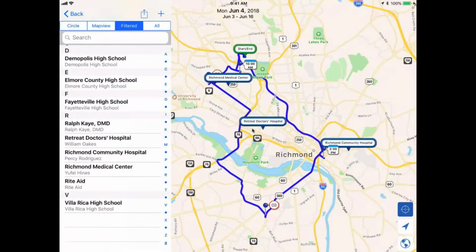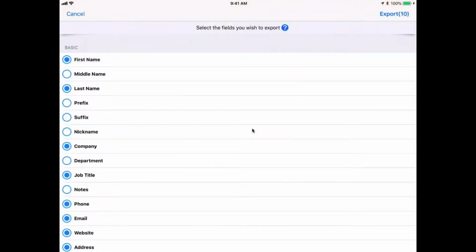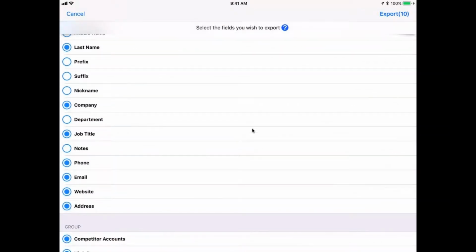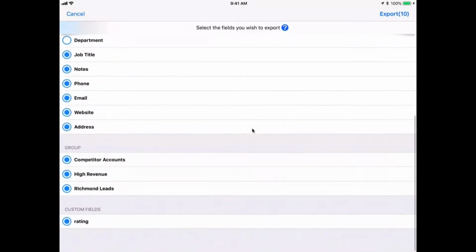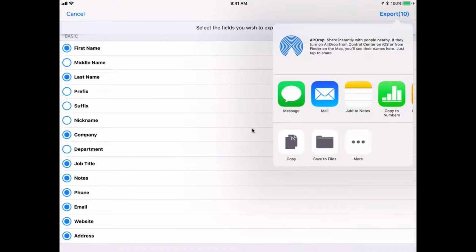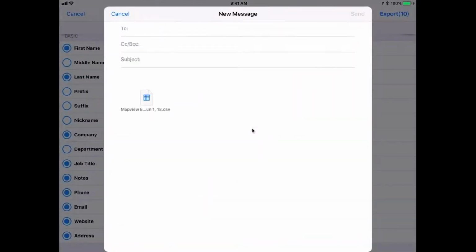I'll just go back to that competitor list. Once I have this list appearing as I wish, once again, I can export it. So I'm just tapping that share button. And the app just asks me, I can select which fields I want to export. An important one might be notes to pick on. If I've been taking notes, I might want that included with all of my data. And then I just simply tap export, and it's similar to what we just showed you with activities. I can email the report to myself, my manager, my colleague, etc.